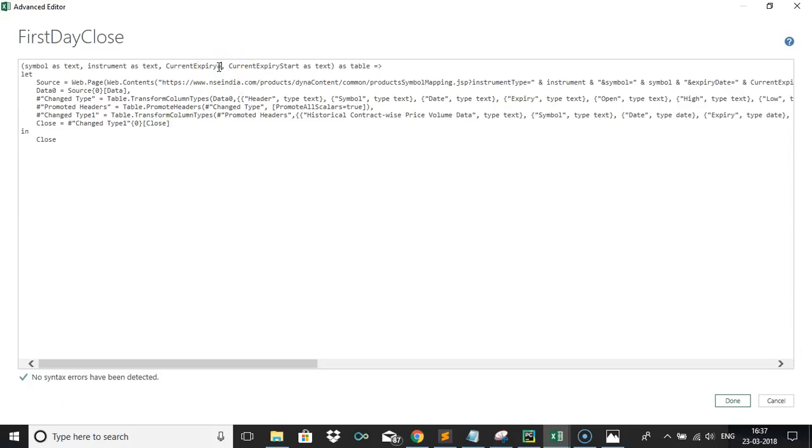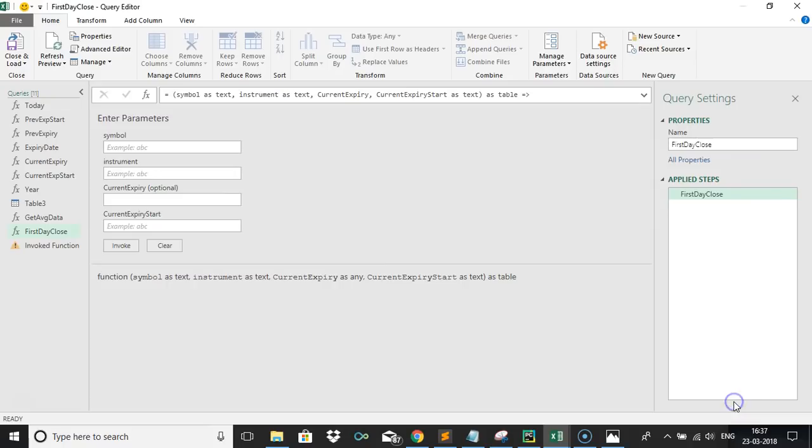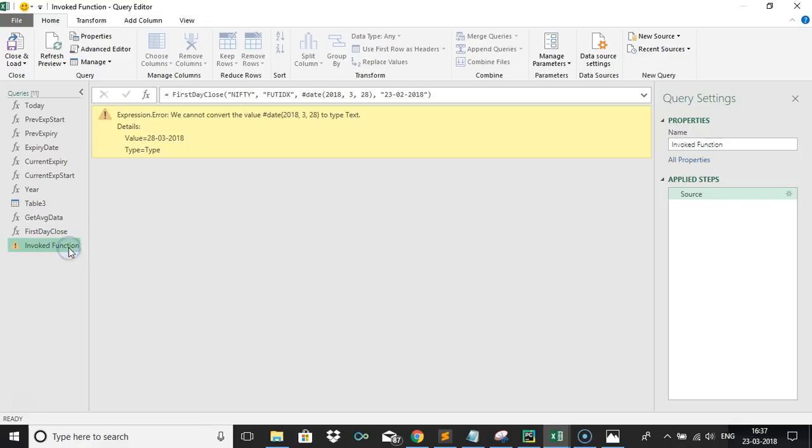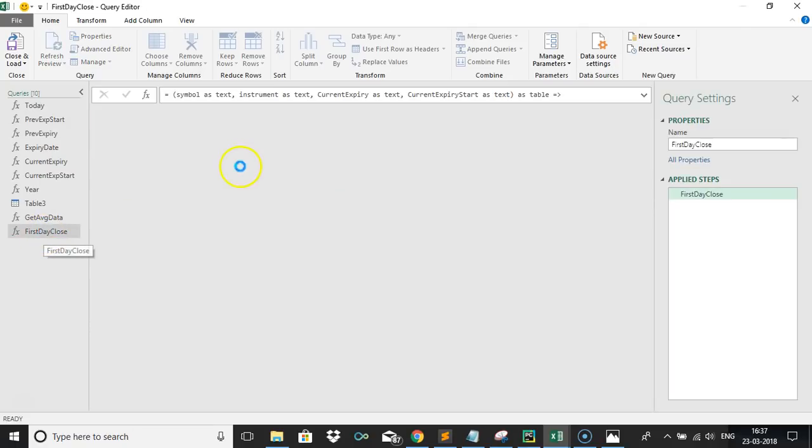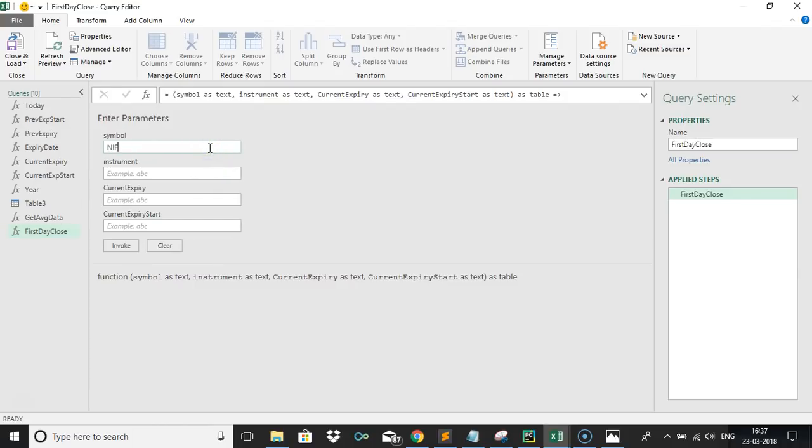Okay, so I forgot to give this as text. So everything you need to give as text. And we cannot convert the value date to type text. It has been taken as date, so just delete this and give first day close, symbol as nifty, instrument as future index, current expiry as